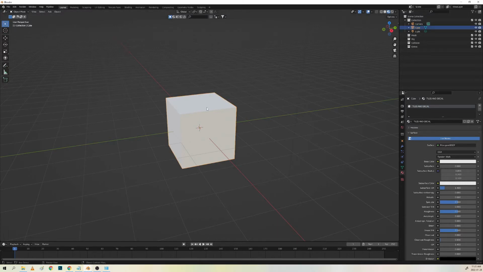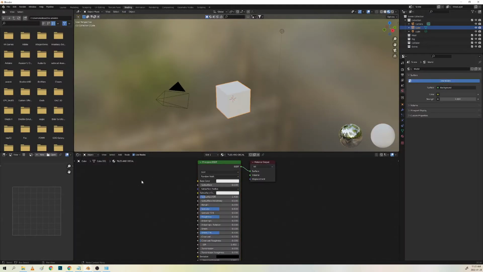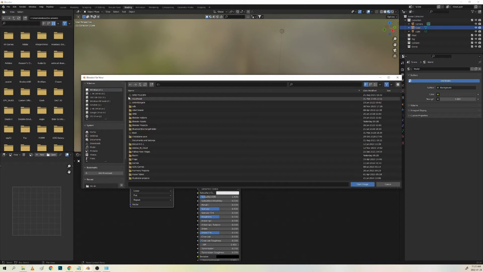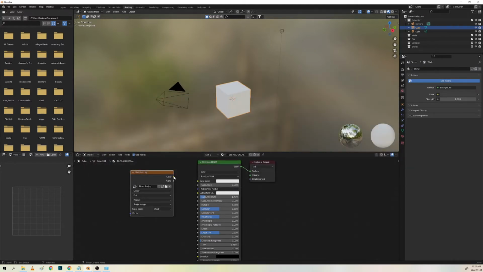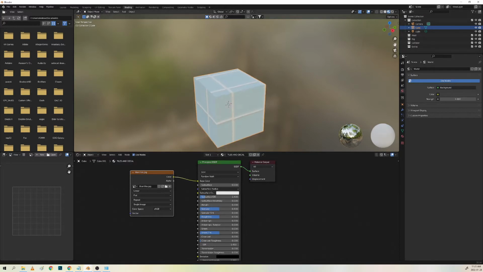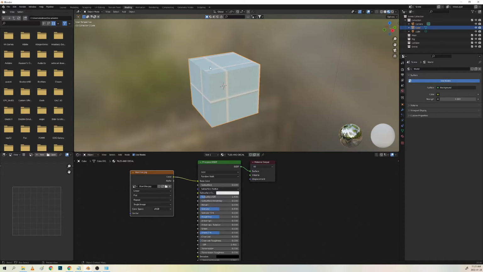Next, with the cube selected, go to Shading. Now we need to add our textures. The first texture is some tiles. Click down here, then press Shift A, search image, and open up our tiles texture. Drag the color output to the base color input, and now you can see that it is connected but not